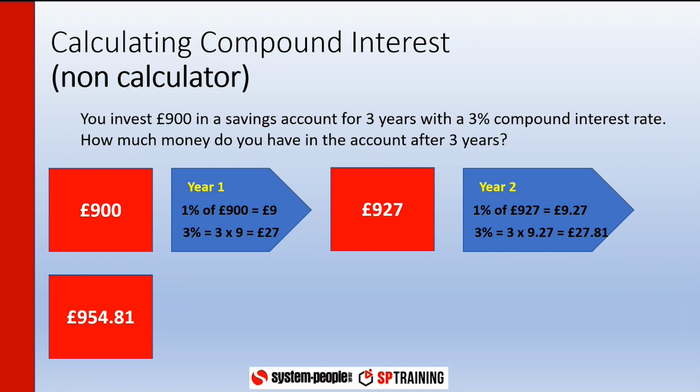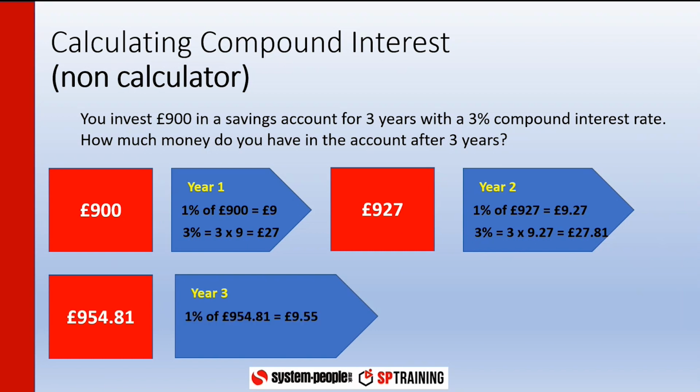We work out in year 3 1% of £954.81. Now, as you'll notice here, I've rounded to the nearest penny, because we're using money, we're using 2 places of decimals. So if I was to divide £954.81 by 100, I'd get 9.5481. So look at the 8, and round that second decimal place up to a 5. So then I multiply my £9.55 by 3, and I get